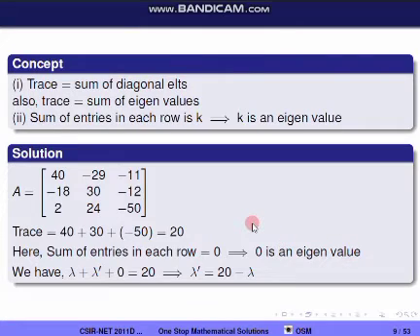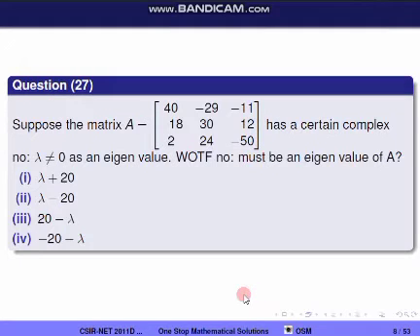Also they have given in the question that lambda is an eigenvalue. I am taking the third eigenvalue as lambda bar. So we get lambda plus lambda bar plus 0 is equal to 20, because trace is equal to the sum of eigenvalues. When we simplify this, we get lambda bar is equal to 20 minus lambda. That is, the third eigenvalue is of the form 20 minus lambda. So now we will check the correct option. The correct option is the third one.